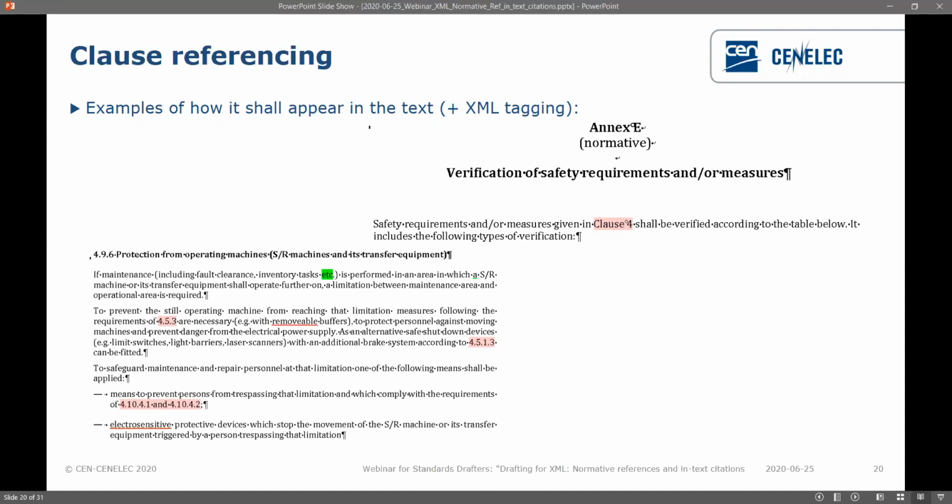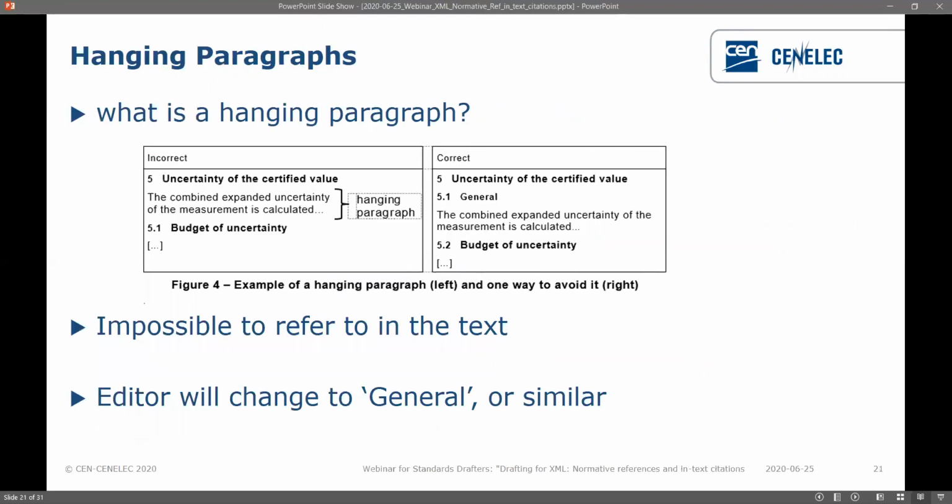And then underneath, you have another example of cross-referencing of subclauses, like 4.5.3 or 4.5.1.3. This is perfect because there's no word before it, and then XStyle is able to tag it. And again, if you go in the HTML and you click on it, you will be redirected directly to this subclause, which is pretty magical, I think. Next slide. Thank you, Amy.